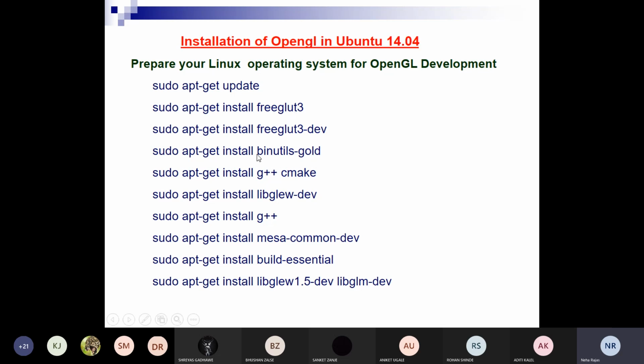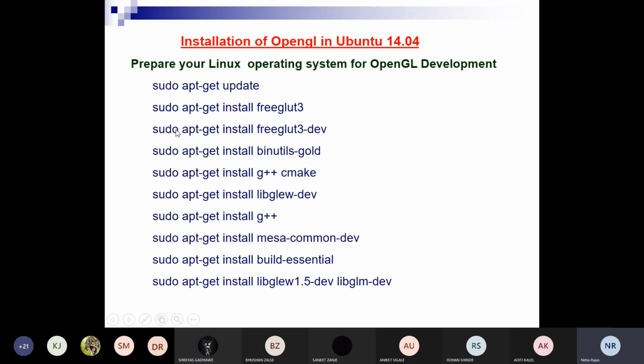Just make a note of all these instructions, or I will share this PPT in our practical WhatsApp group. You have to use all these commands in today's practical session.